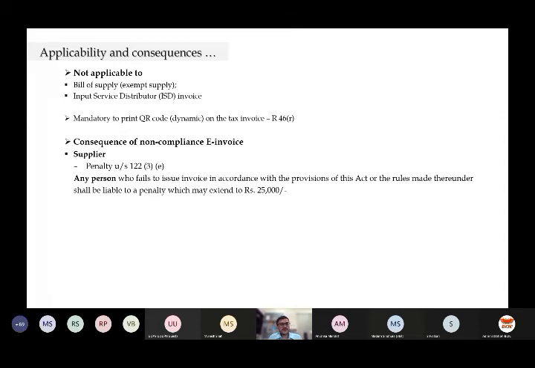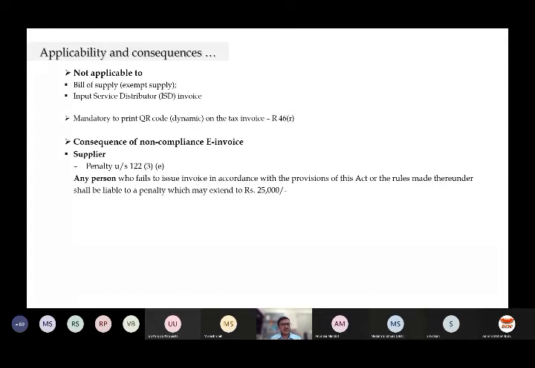But there are different views where they are saying that it will be a penalty for each tax invoice. I think that would not be the case, in my view. And there are certain other issues which also came up, where people have raised questions on whether penalty under section 122(1)(1), that is not issuing an invoice,